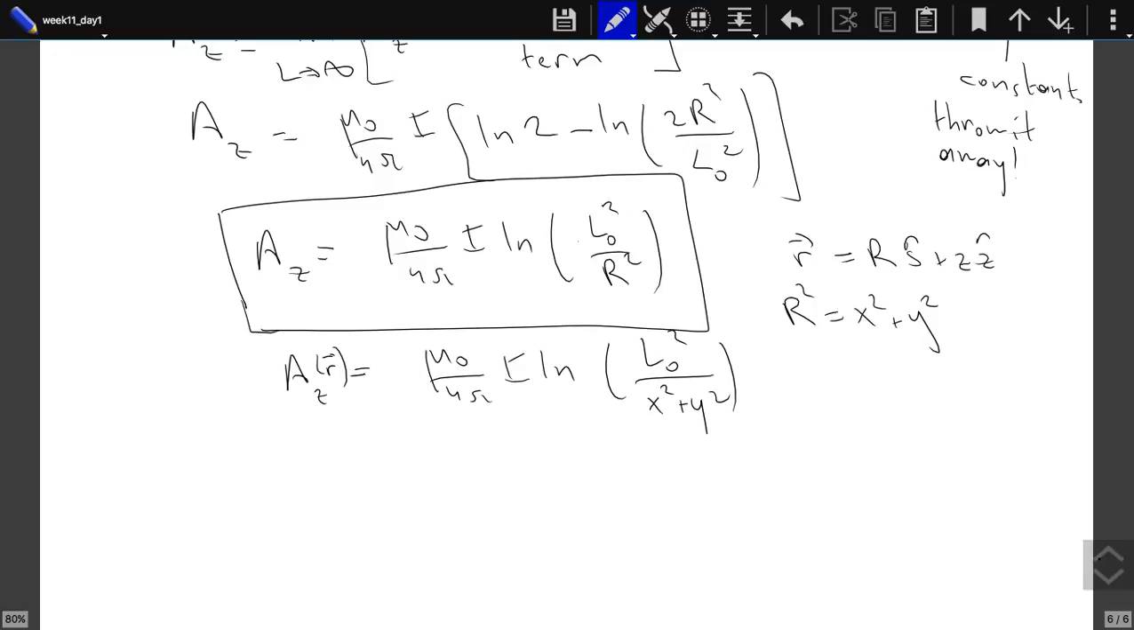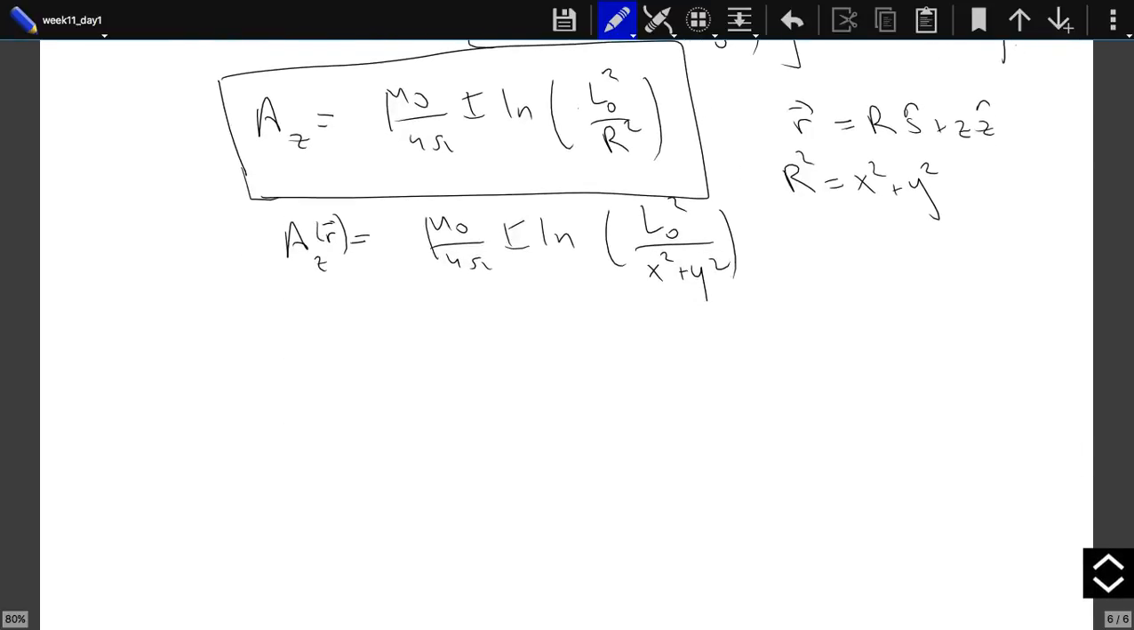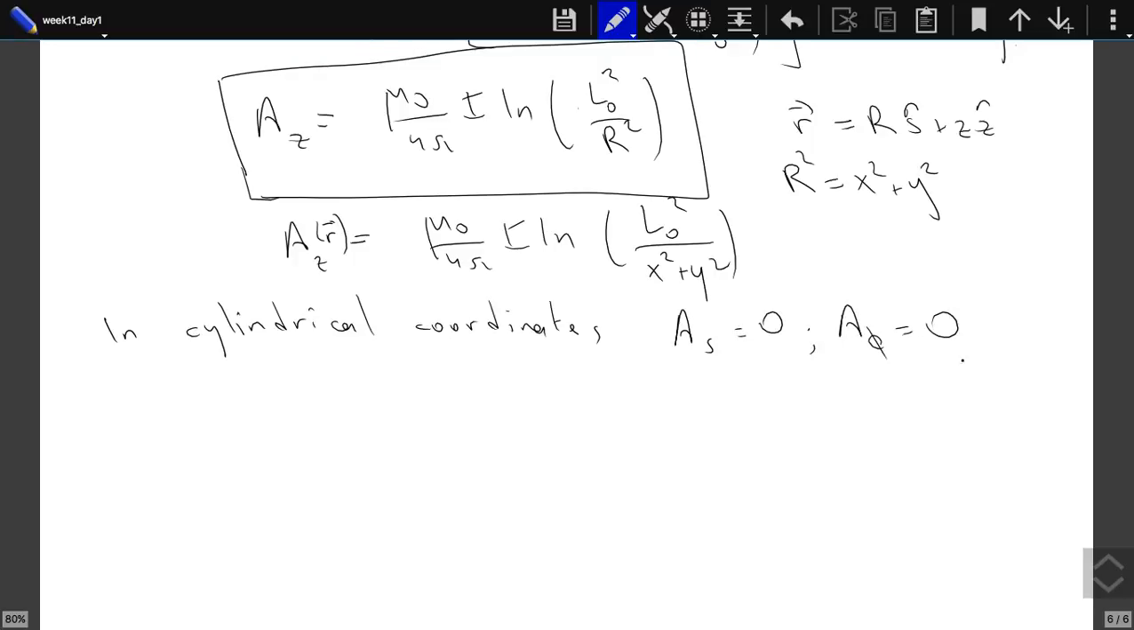In cylindrical coordinates, that's the easiest system I can use here. With A, the radial part A_s is equal to 0, A_phi is equal to 0, A_z is the only one that is non-zero. Curl of A will be in the s hat direction